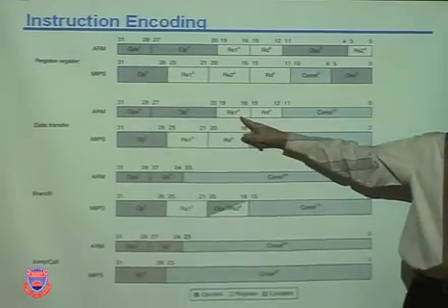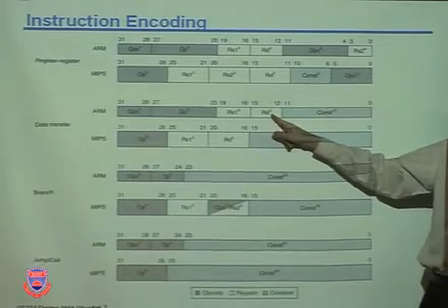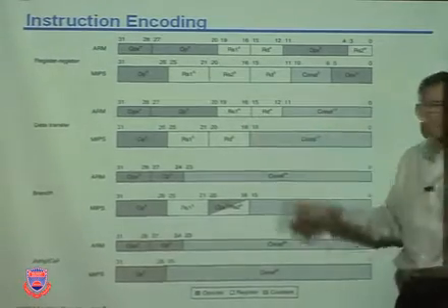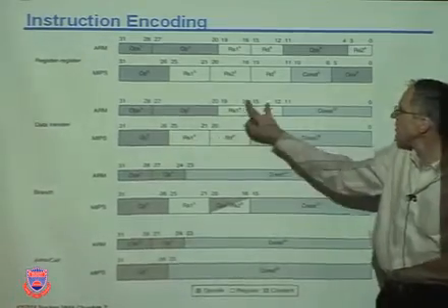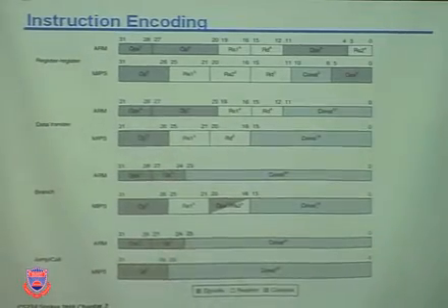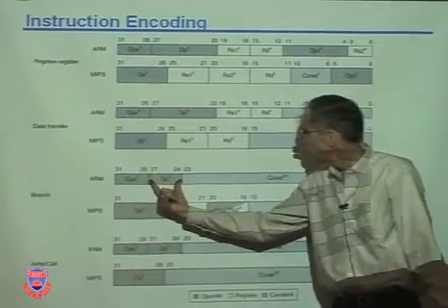And where do we put the thing that we brought in from memory? Here. Or where do we source the thing we're sending out to memory? From here. So there's the register, that's the destination. Just like we have here. Very similar. Okay? Then the branch instructions, again, you can see there's a code for the branch, and there's a